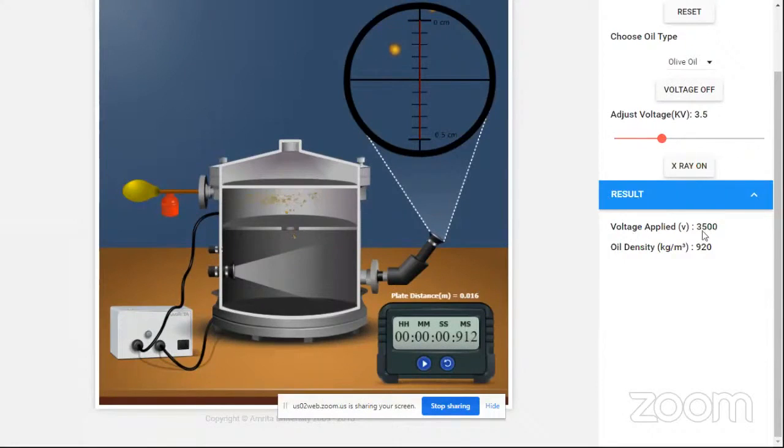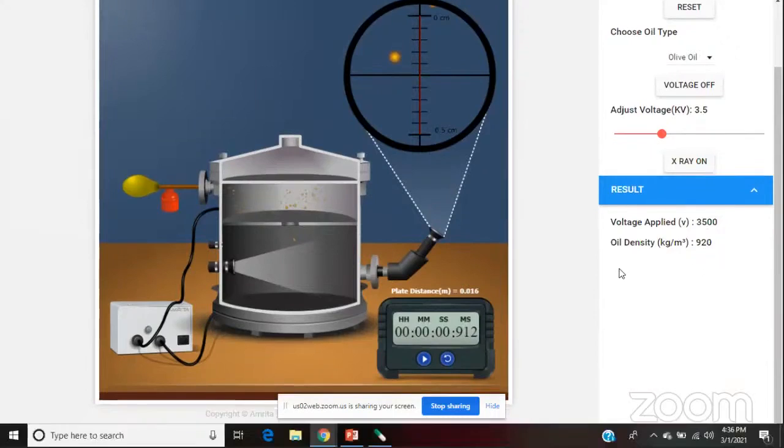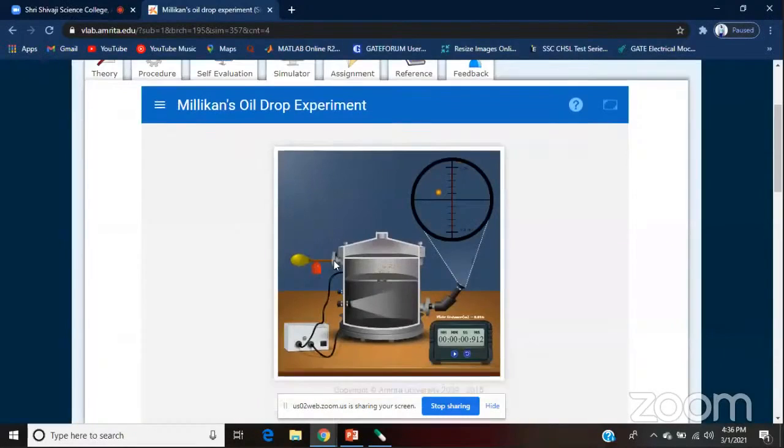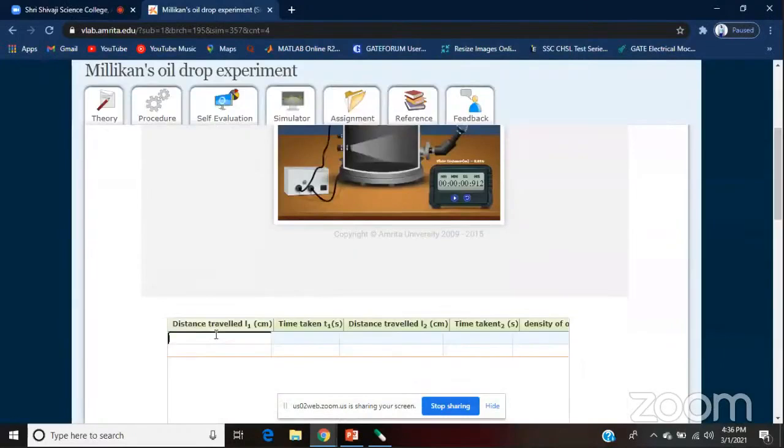Here the voltage applied is 3500 volt and oil density is 920. Filling this observation table,